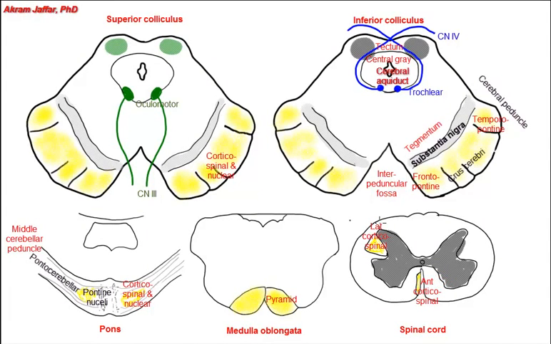The corticobulbar and corticospinal fibers are motor fibers. They control voluntary motor activity. They are concerned with performing rapid skilled movements. Some of the fibers terminate at motor nuclei of cranial nerves, hence they are called corticobulbar. Others terminate at anterior horn cells of the spinal cord, hence they are called corticospinal fibers. The corticopontine fibers are the main pathway linking the cerebral cortex to the cerebellum, and they are responsible for coordination